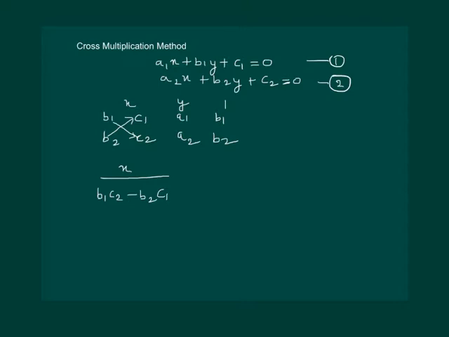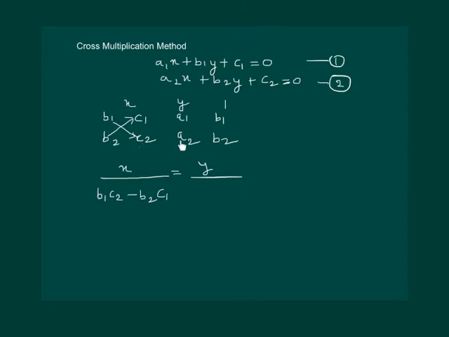Remember the steps. We have to first multiply b1 with c2 and then from that subtract b2 c1. Now this is equal to y by,